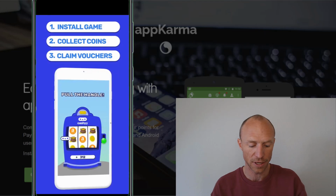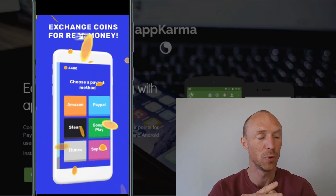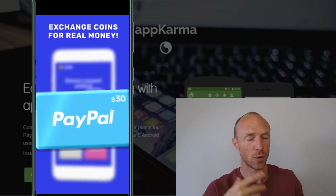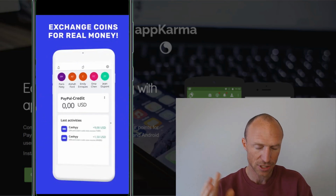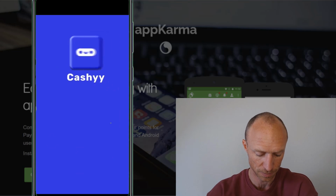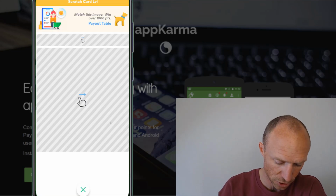That is a part of it, but it's not as many ads as you will have to with most other of these scratch and win apps that I've seen. And I do know AppKarma actually does pay, but let me just let this ad run, and then I'll come back once it's over. So the ad lasted around 30 seconds or so, and then now I can first scratch,